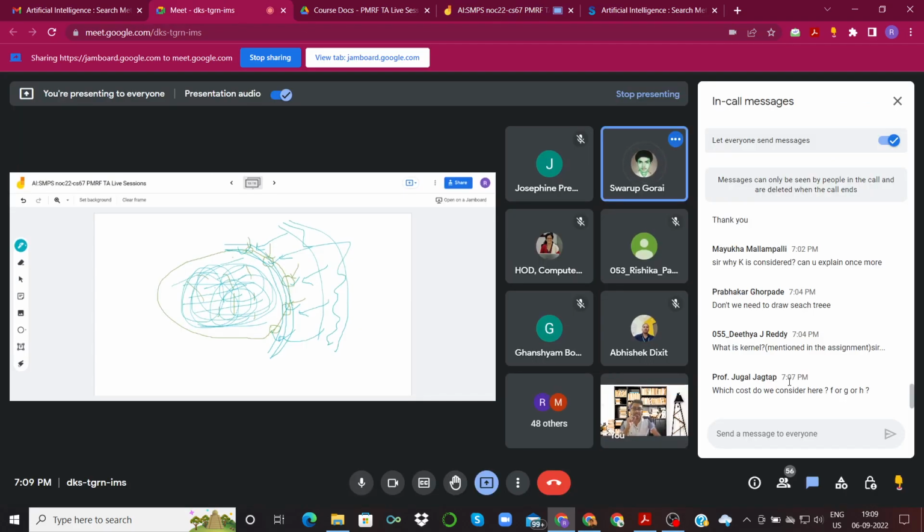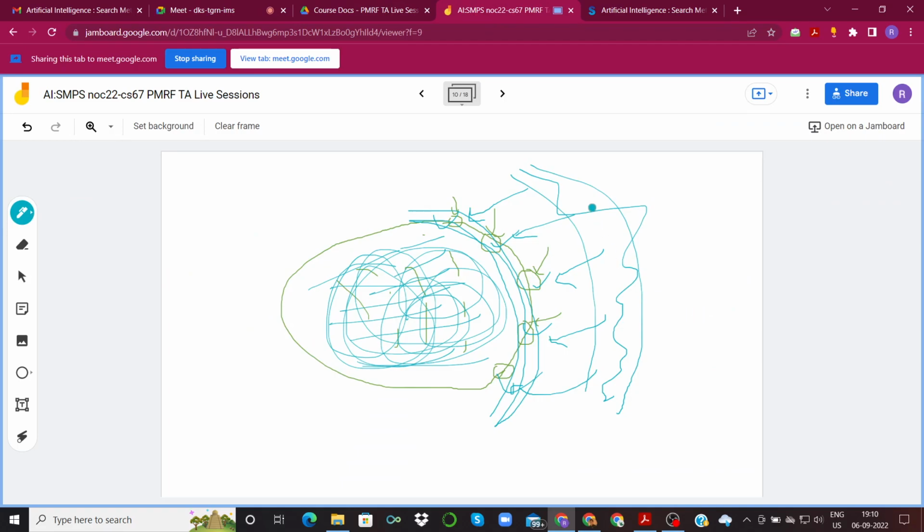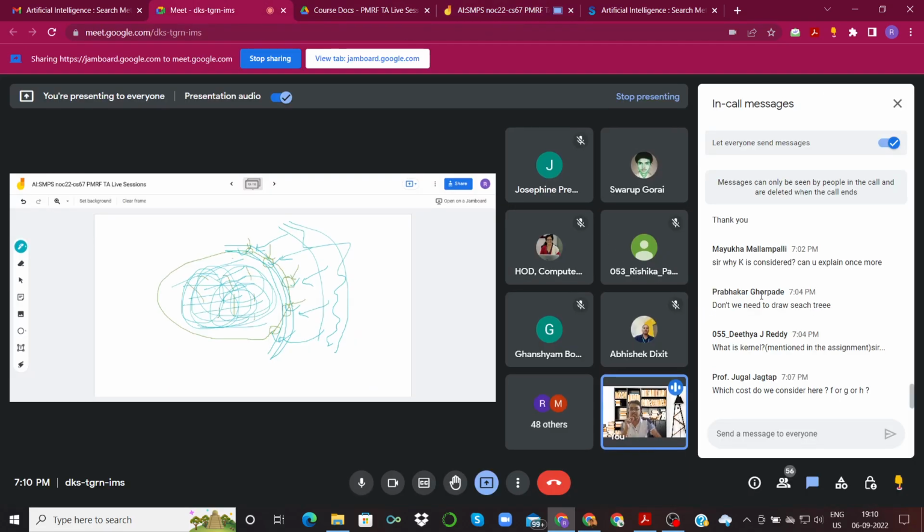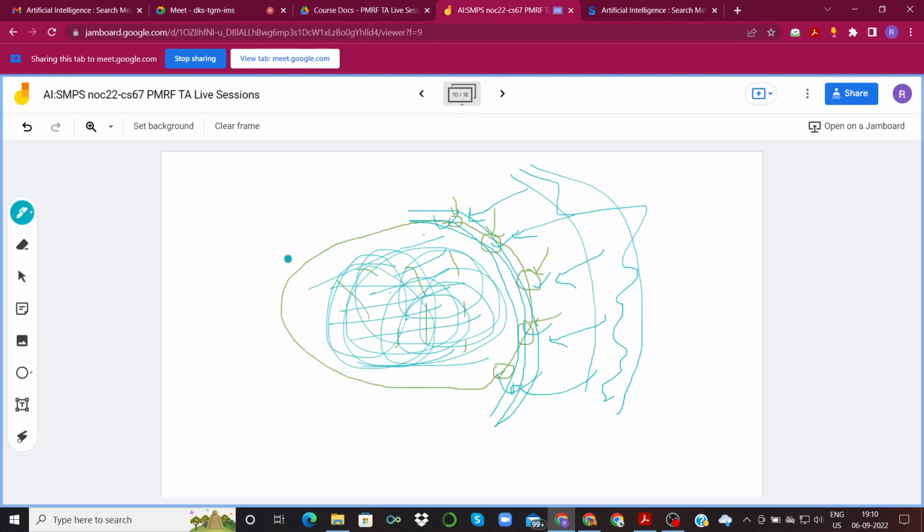Kernel, sir. Not clear. Okay. So is it not clear to everyone or only a few people? Everyone's. Actually, kernel is not clear. Remaining is all clear. Like kernel we didn't understand. As per this diagram, it is okay, but as per the example you are telling us, no, according to that,